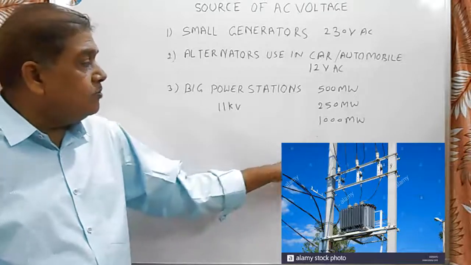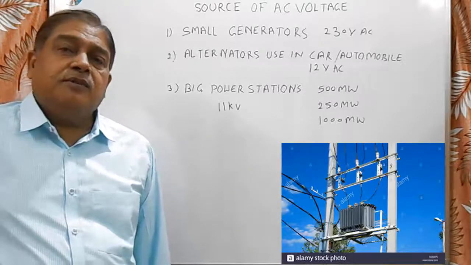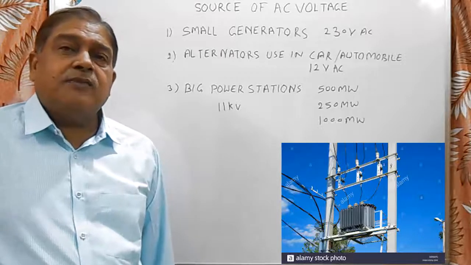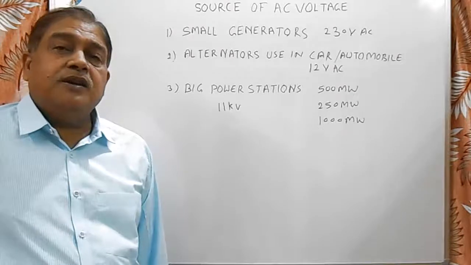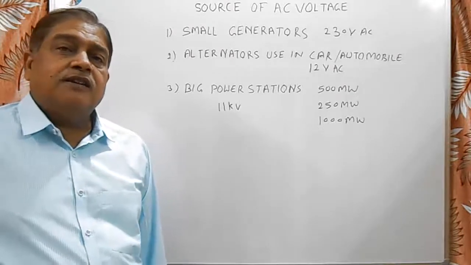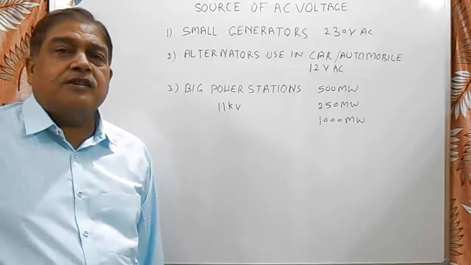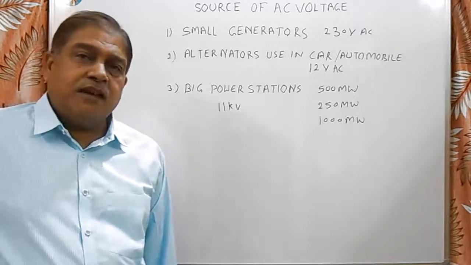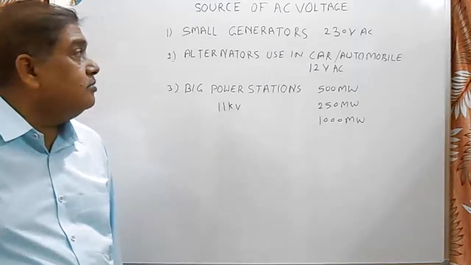In our home, the AC supply voltage is normally 230 volt, 50 Hz. It is a single phase supply, and in 3 phase supply it is 440 volt, 3 phase, 50 Hz. 50 Hz is our frequency. Its value is constant at 50 Hz, but it may decrease to 49 Hz sometimes, though 49 to 50 Hz is the normal value of frequency. So I think it is very clear to you.